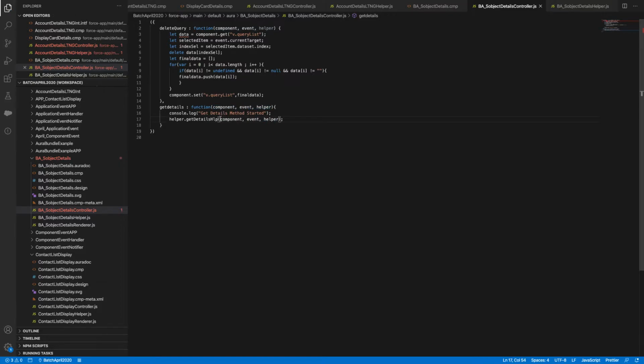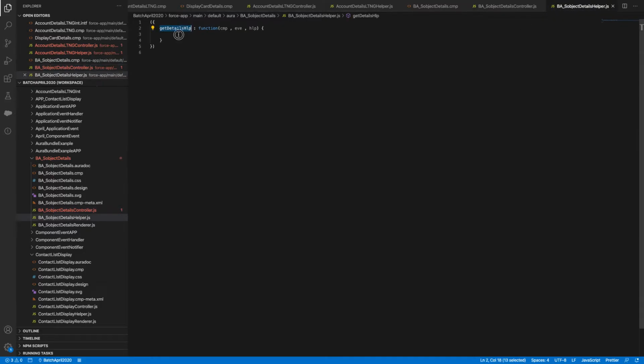So it means I bound my data to my helper now. So let me put another console.log, helper method started. So this is my helper method.